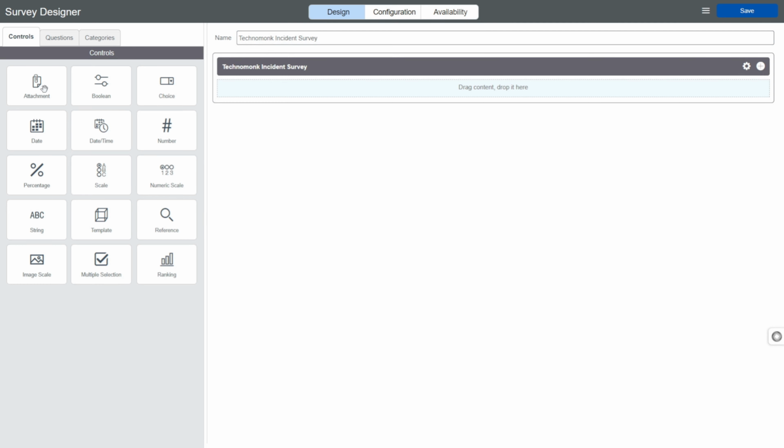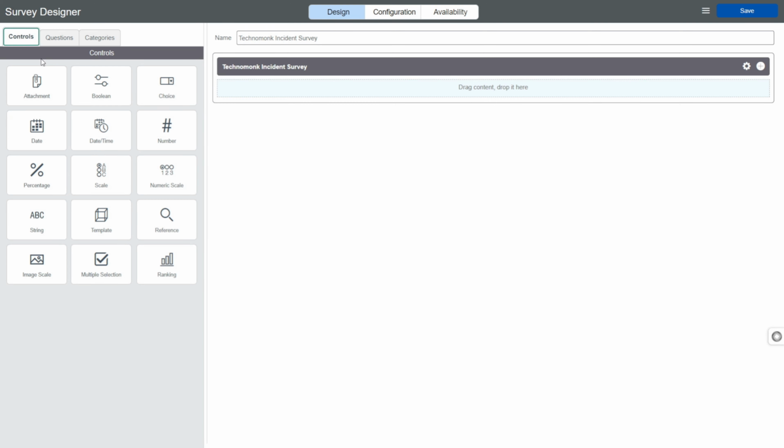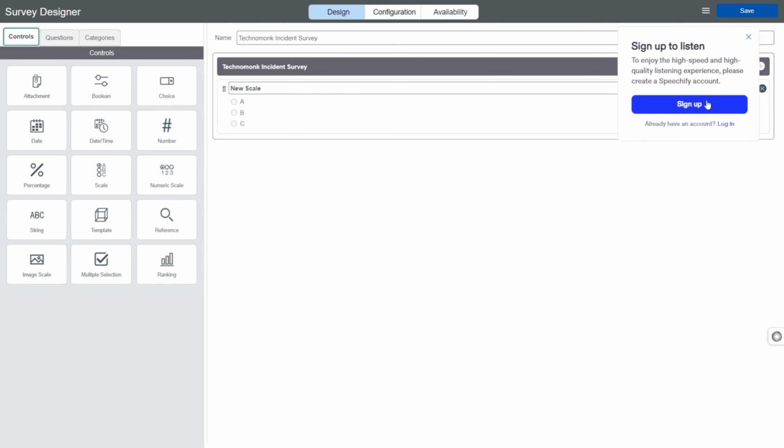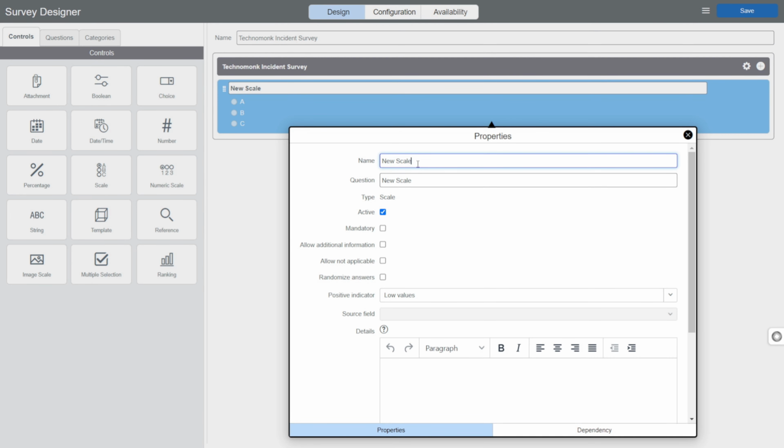Now you can see on the control side we have multiple questions. We also have question banks, which you can consider as containers, and then we have categories of the questions. So we will go to controllers and choose what we want. First of all, I will go to the scale and simply drag and drop it. On every question you can see the gear icon, using which you can configure that particular question. I can keep the name as is for now, but I will change the name to "Rate your experience",